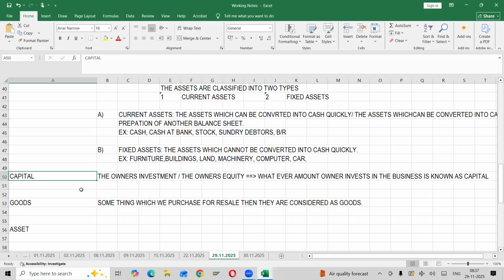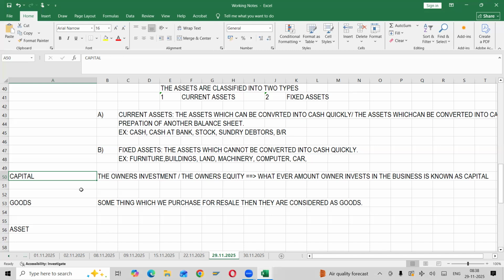So the next question they raised: you are the owner of your business, right? You didn't borrow your capital, 10 lakhs or 5 lakhs, from anywhere. It's your own money. You need not return it to anyone. You have invested in your own business, 5 lakh rupees, right? Then why are you showing it as a liability? You have invested in your business, that is nothing but capital. But why are you considering capital as a liability?